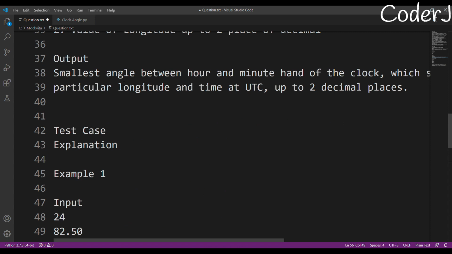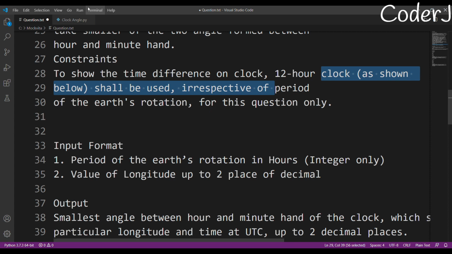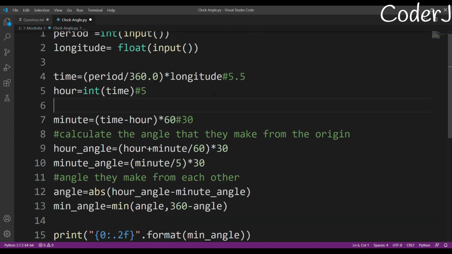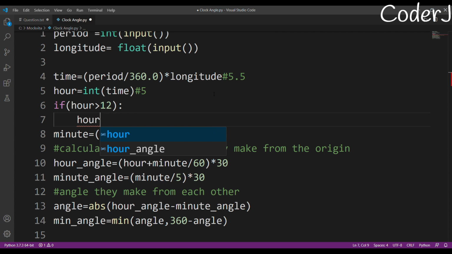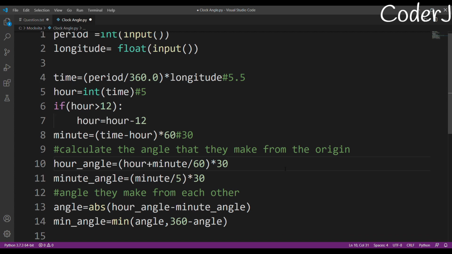And this R thing, they have mentioned that this will be a 12-hour clock only. Okay, so just to be on the safe side, my R can actually be 13 or 14, so I'm just making it into a 12-hour time. So how do you do that? It's very simple. If your R is greater than 12, if my time is, let's say, 15, then what does 15 mean? My 15 means 3, right? So I'll just do this. My R is equal to R minus 12. Okay, so this is just covering up a few mistakes that one can make. If my R is greater than 12, I'm just subtracting 12 from it and I'm getting my value. And after that, my code is the same.